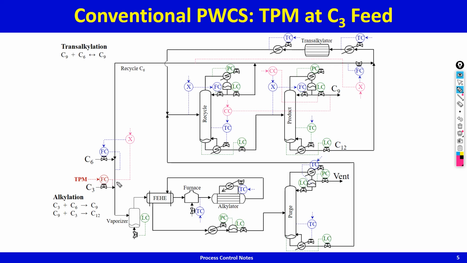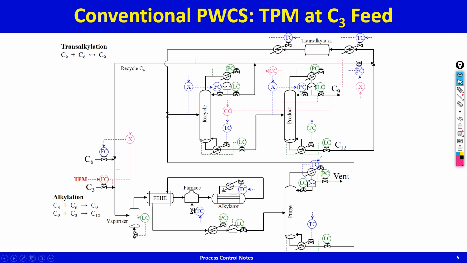So imagine you want to increase production. What will happen? If you want to increase production, you'll increase the TPM set point. More propylene goes in, so this level increases, so you start. By the way, as propylene goes up, total benzene goes up in ratio, because this ratio station is always on, so total benzene will go up. So basically total flow here goes up. So if this flow increases 10%, this flow increases 10%, because this flow is also increased 10%. So both flows increasing 10% means this total flow will also increase 10%.